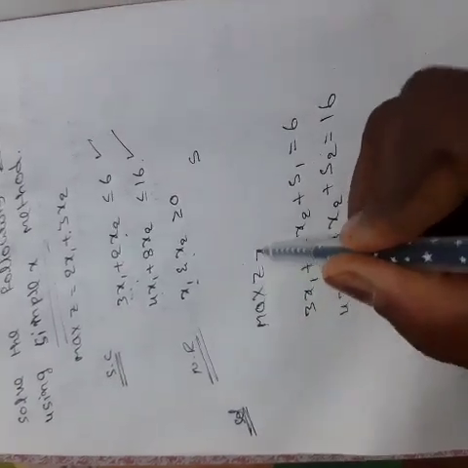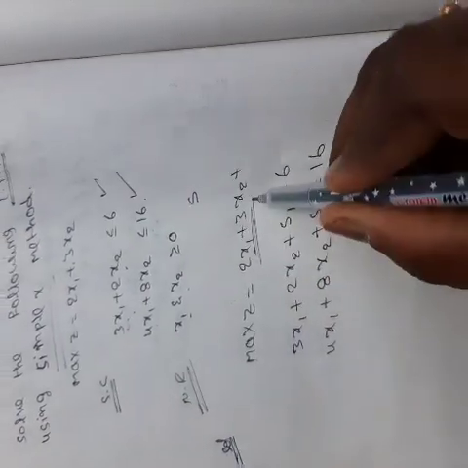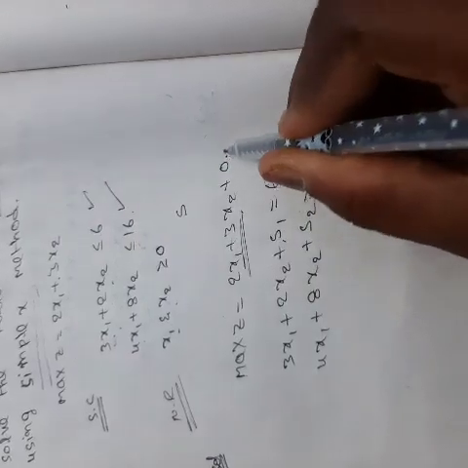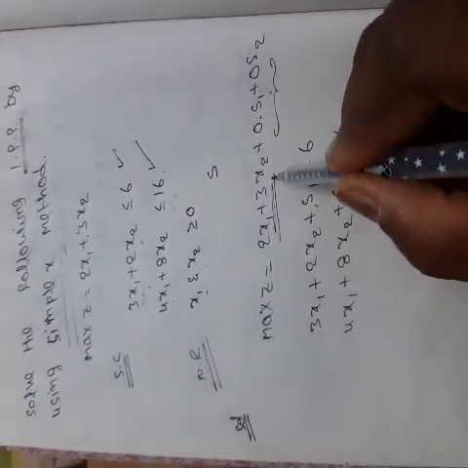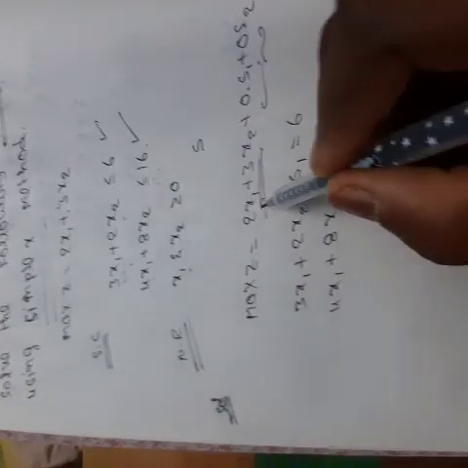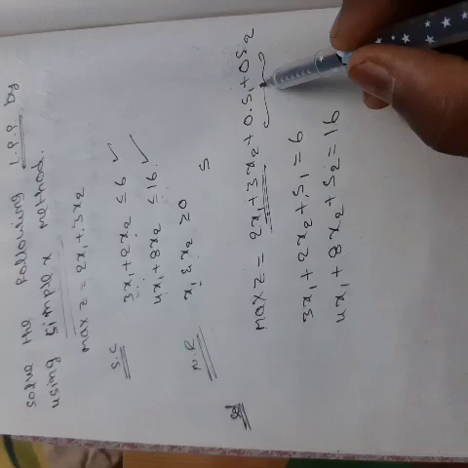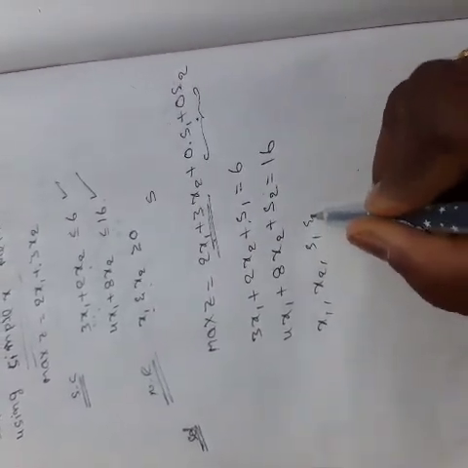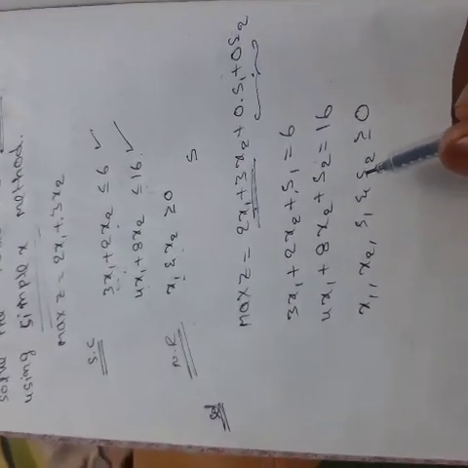Let us consider like this. Maximum z is equal to, the original value is 2x1 plus 3x2. Without changing it, we have to add s1 and s2. So consider 0 into s1 plus 0 into s2. Since 0 into anything is always 0, the entire value is 0, so this value remains the same. So without affecting the objective function, we have successfully added slack variables, and the non-negative restrictions x1, x2, s1 and s2 must all be greater than or equal to 0.